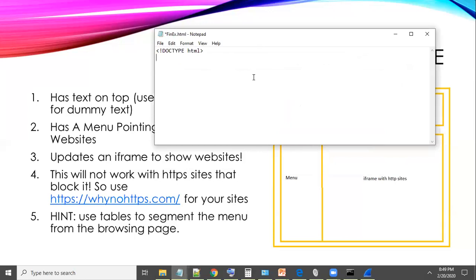And to specify the start of that, we type in the HTML tag and then the closing HTML tag. So every tag has an opening tag and a closing tag, which has the same name, except it has a slash at the beginning of it. Then we'll define the head tag, and we'll have the body tag.